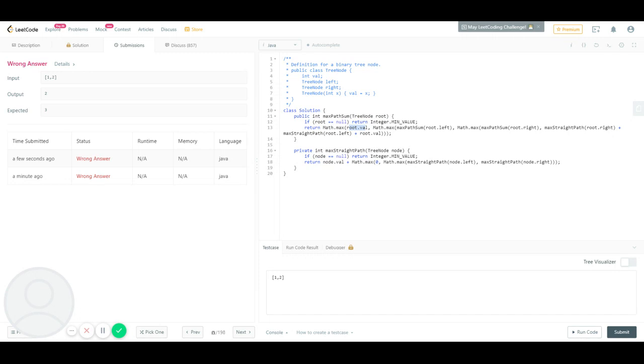That's clearly not the maximum. Max straight path. Root.right. Oh, the issue is, okay, I get it. So rather than doing it that way, let's basically say you don't have to take a node on the right. You just stick with